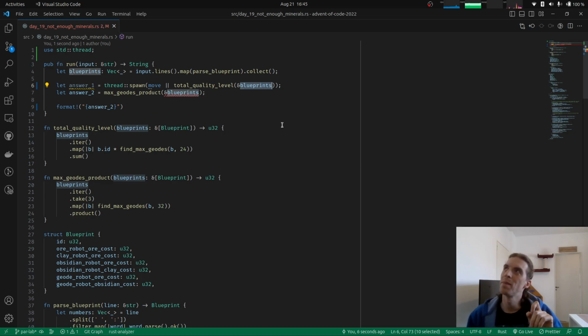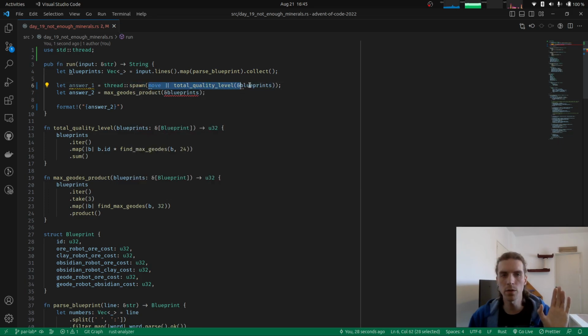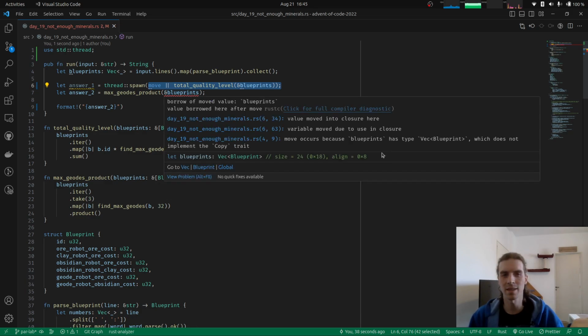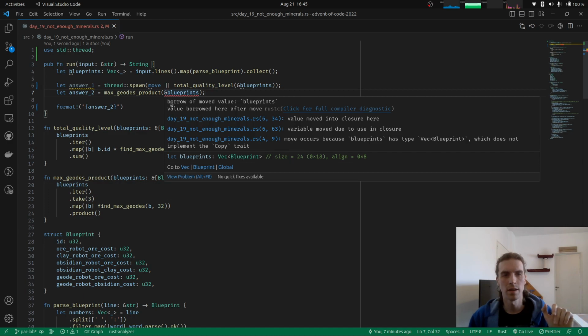So basically, it's going to carry the value of the blueprints variable with it, and that value is going to be moved along with this closure, and then it's going to be passed to thread spawn. So the closure is going to take ownership of these blueprints, which actually gets rid of that error, as you can see. But we have another error here, which is a classic Rust error,